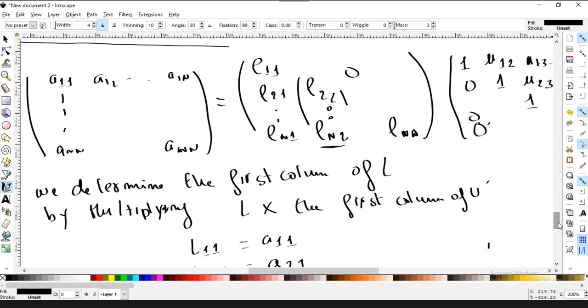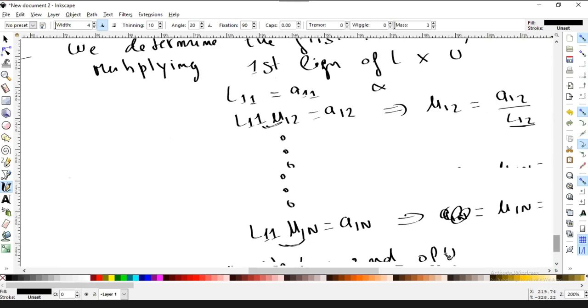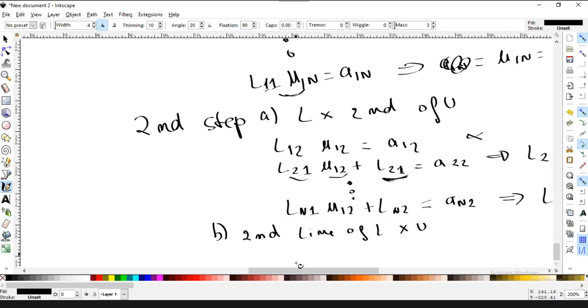So let's write it. So you get for L21 U3